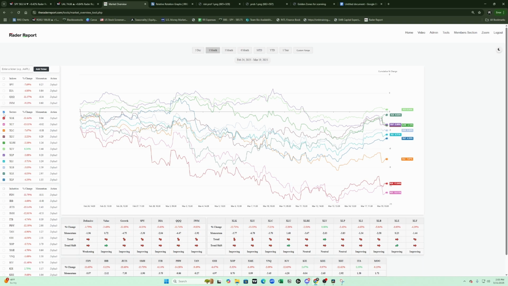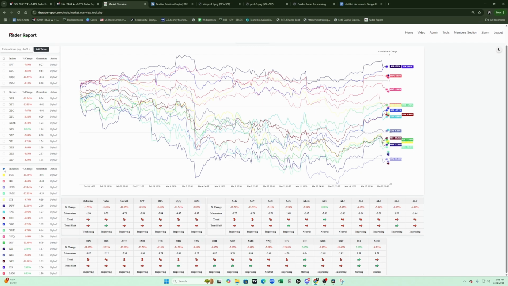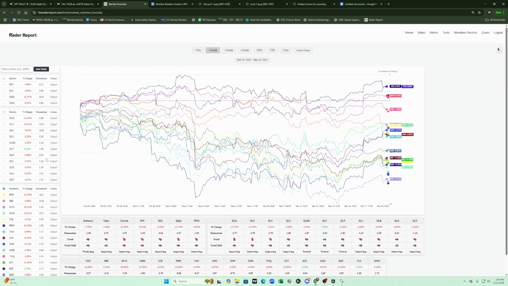Right over here to the left, we already have as default the different sectors and the industries for easy access. You don't even have to type them in. You just simply click the box and it will show them independently. Up here at the top, we have a custom time frame that you can set along with default time frames. I like to use the custom time frame, and what I like to do